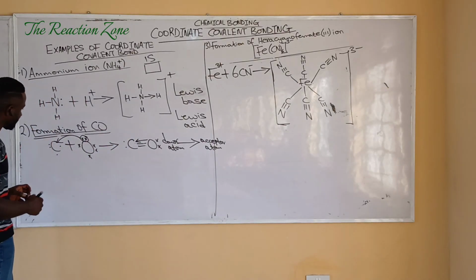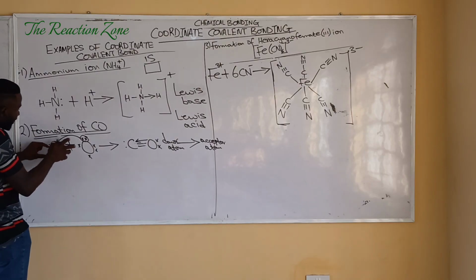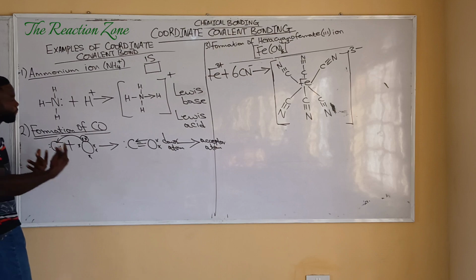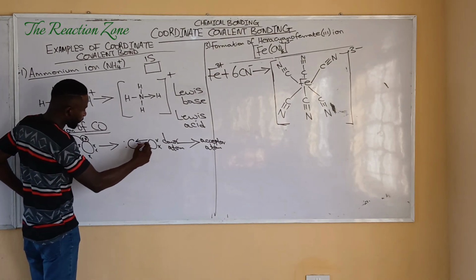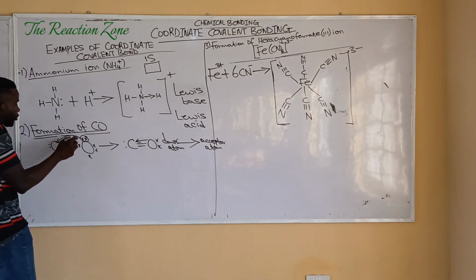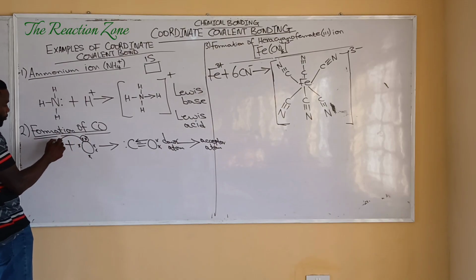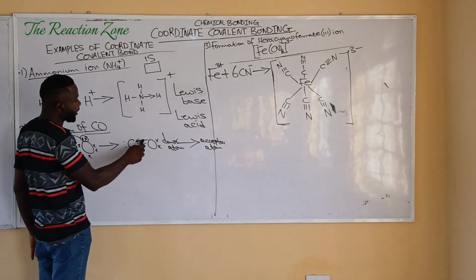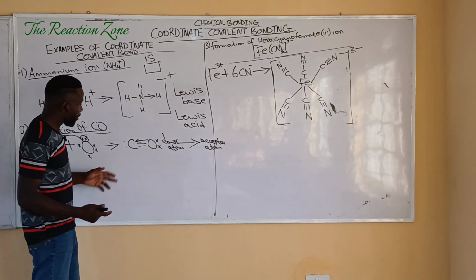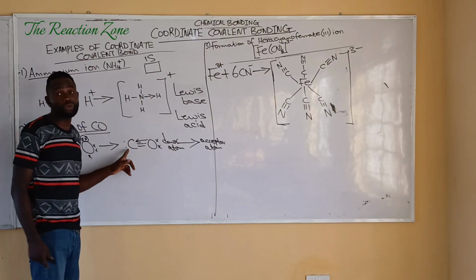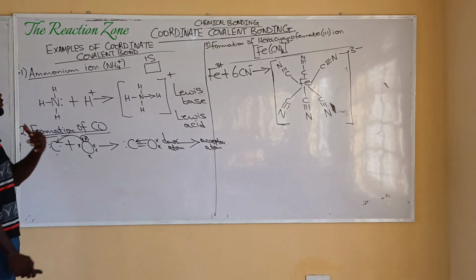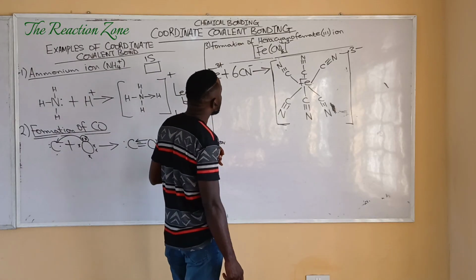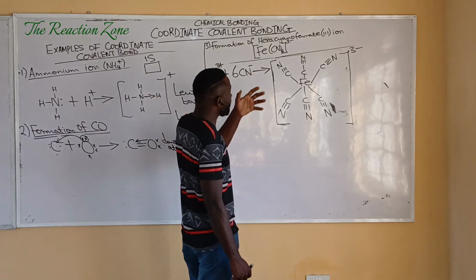So this tells us that apart from the 2 electrons each donated by carbon and oxygen atoms in forming the ordinary covalent bonds, oxygen donates one of its lone pair of electrons to carbon. And that leads to the formation of a coordinate covalent bond, which is shown by this arrow pointing from oxygen to carbon. The third compound we're looking at is the formation of this coordination compound,